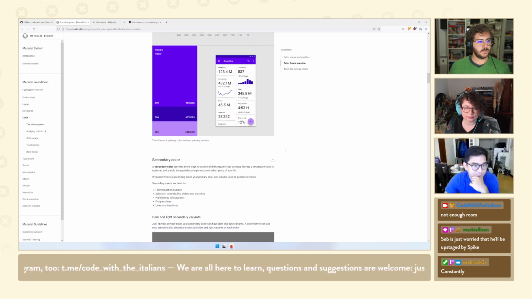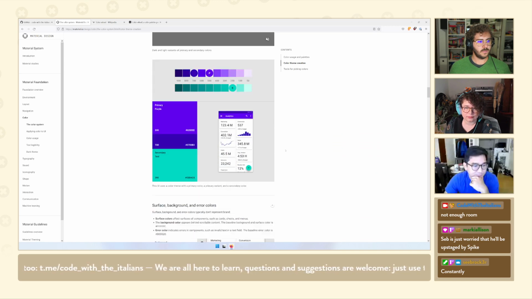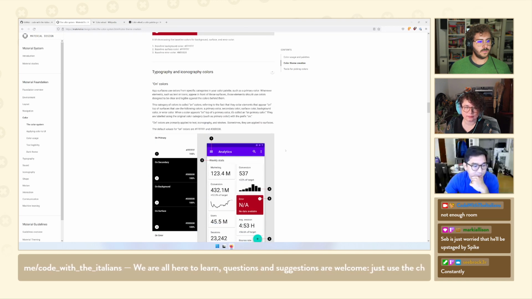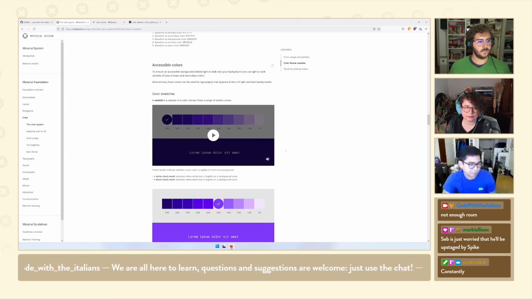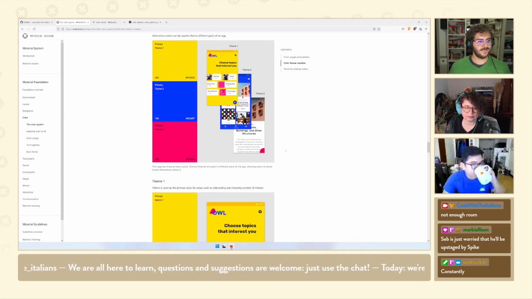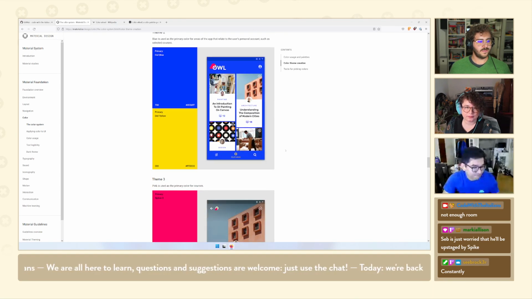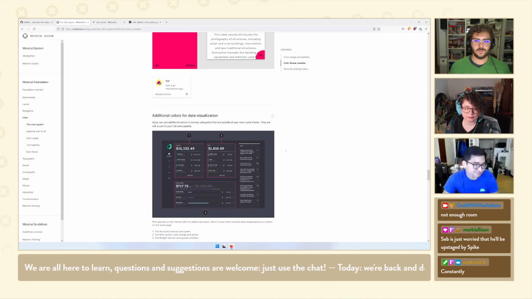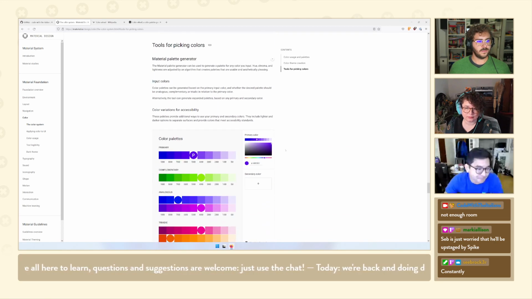Usually I use something like the Material Palette website. They give me an idea. Okay, I would like to make the app orange, so what would I use as a secondary or accent color, and they will give me